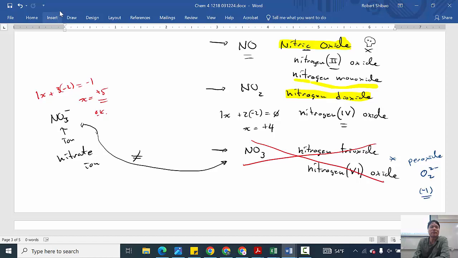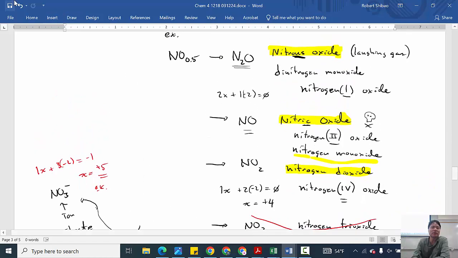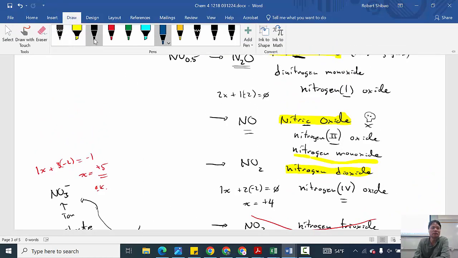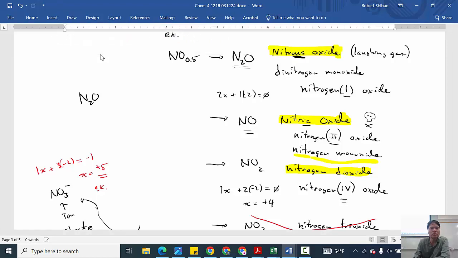So what we have to do is come up with other ratios. So let's take a look at some other ratios that we see here. N2O2. What do you call this? Dinitrogen dioxide. This would be nitrogen 1. What would you call this? N2O4. Dinitrogen